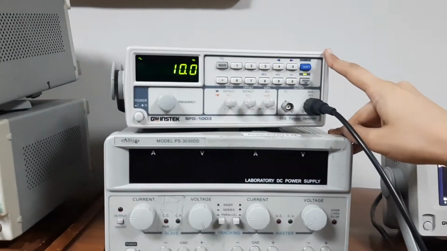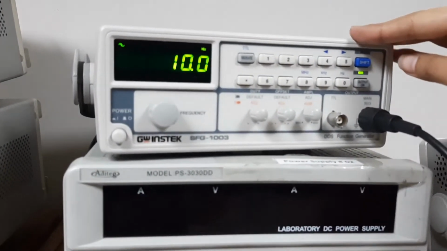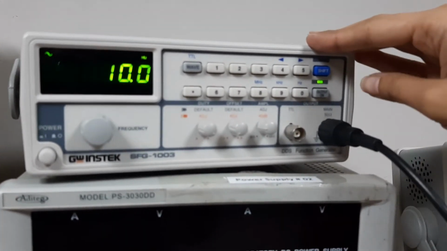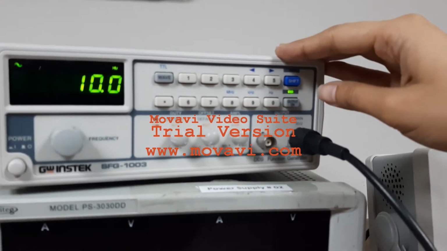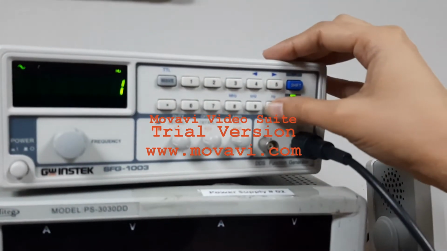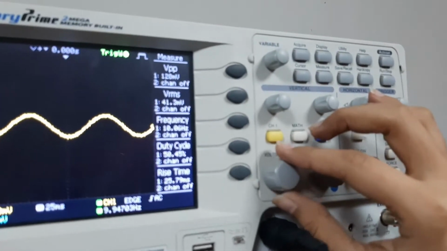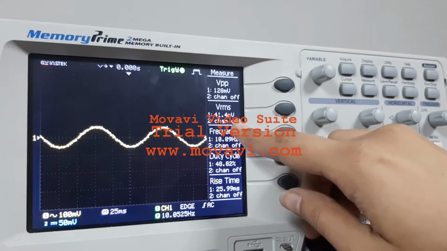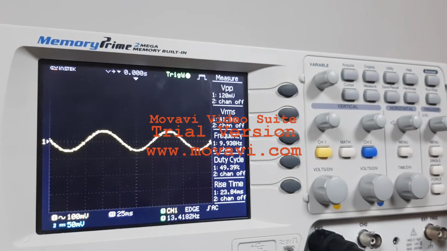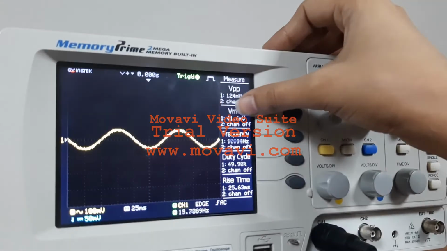I am changing the frequency of the input signal using the function generator. You know that I have designed this high pass filter for a cutoff frequency of 79 Hz, so I will start with a low frequency of 10 Hz. When I apply an input frequency of 10 Hz, the output voltage is very low, that is 41 millivolts, while the gain of this amplifier is 2, so the output voltage here is very low.